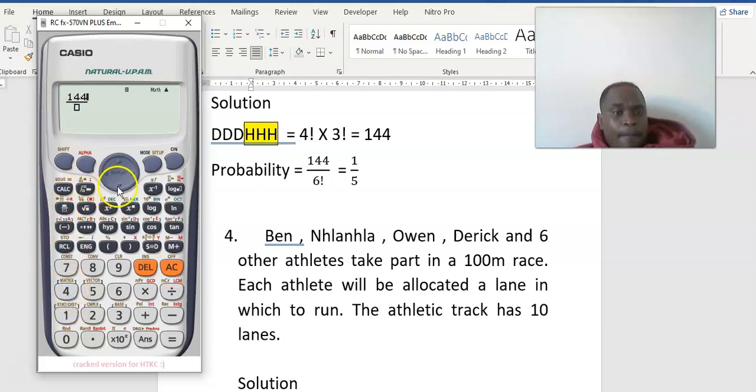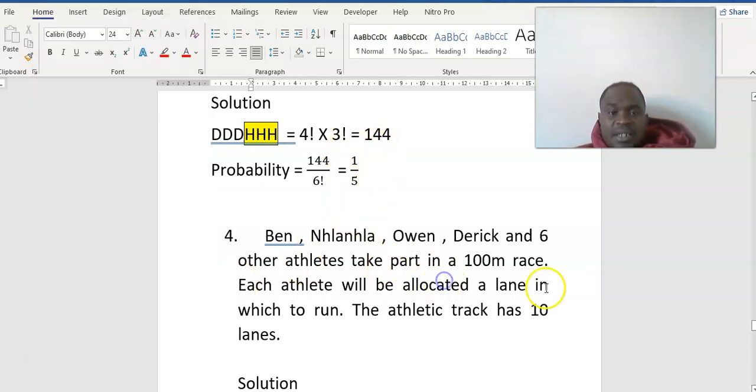One over 6 factorial. So this gives us what? 1 over 5. Okay, then the next thing: Ben, Nklankla, Derek, and 6 other athletes take part in a 100 meters